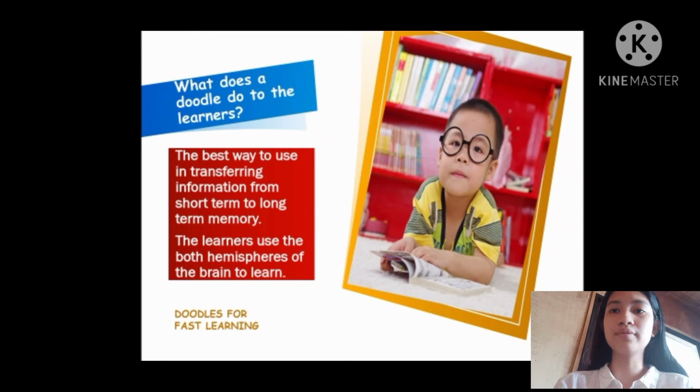What does a doodle do to a learner? Although this is only a 60-second activity, do not underestimate the power of doodles. It is the best way to transfer information from short-term to long-term memory. It helps the learner use both hemispheres of the brain to learn. It also helps students remember information longer than they would if they just listened to class lectures